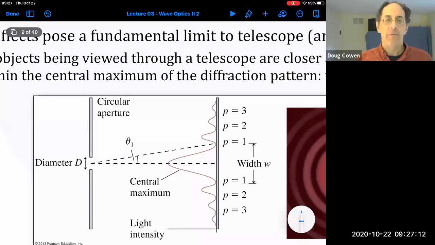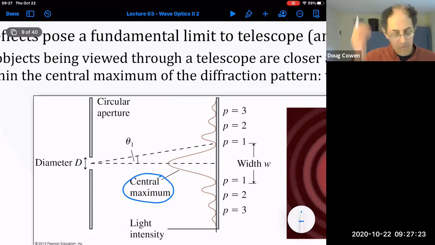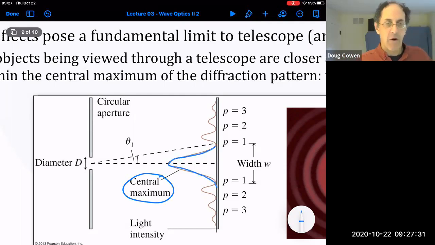What you see in this figure looks exactly like a single slit. We have a central maximum indicated here, and the brightest part of the image is this piece here. If there's another image far away and the light is coming through the circular aperture, and it